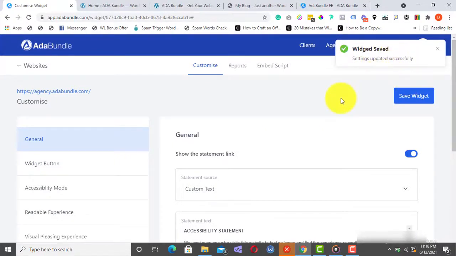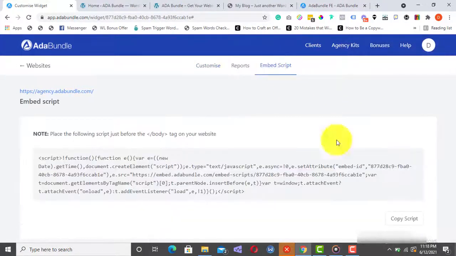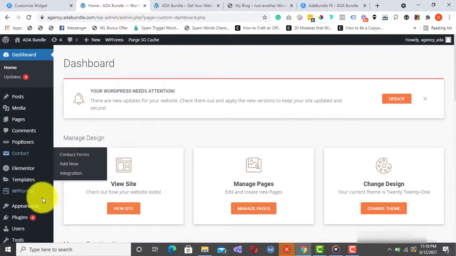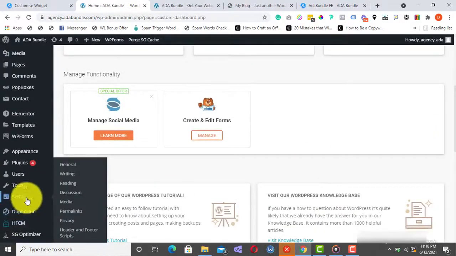All right. Once you are done customizing your accessibility profile, click on Save Widget, and then on Embed Script to grab your unique compliance pixel. So finally, we'll just have to paste this on the website and we're good. So I'll just head over to my website admin area. Take note, this is a WordPress-based site, but ADA Bundle works for any kind of site and on any kind of website builder. So I'll go over to Settings, click on Header and Footer Scripts, paste the code right here,